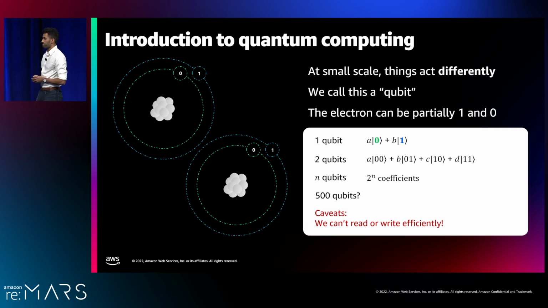You can't do that. And reading data also. Every time you look at these electrons, you won't get information about the A's, B's, and C's. They'll snap to 1 or 0. And the only indication of what the A's, B's, and C's were are the probabilities of getting 1 or 0. Okay, so you can only pull a tiny bit of information out.